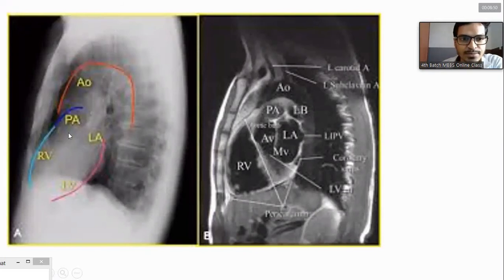Now, let's talk about the chambers. The right chambers of the heart are comparatively anterior in respect to the left chambers of the heart, while atria are superior in respect to the ventricles of the heart. So this is the right ventricle. Look for the right ventricle just behind the chest, while the left ventricle is completely behind in respect to the right ventricle. Similarly, the left atrium is posterior in respect to the right atrium, and from the right ventricle there emerges the pulmonary artery. Similarly, from the left ventricle there emerges the great artery. This is the arch of the aorta.